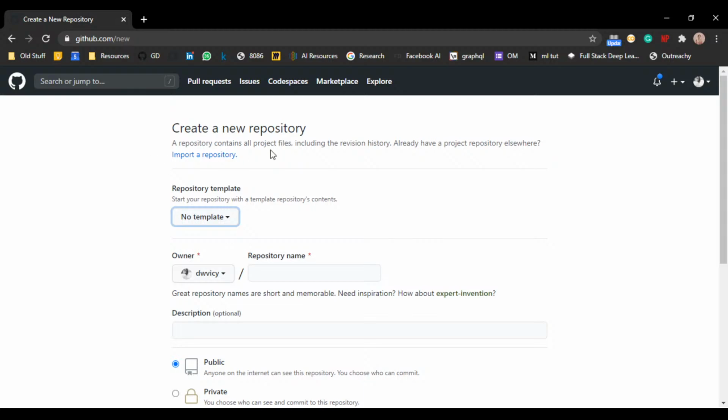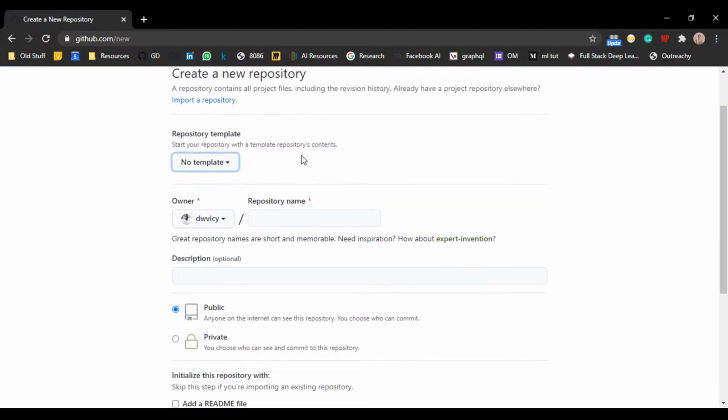So for now, let's continue. Let's create a repository. I am the owner, so Device is my username. Now if I want to create a repository, we are creating one for, for example,